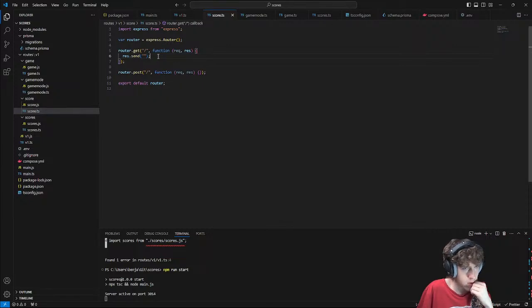So in score, do I want to be able to get individual scores? I guess, why not? I might add in maybe a Discord bot where you can get your high score for a certain game. And then I would need that functionality. I guess I don't need it now, though.